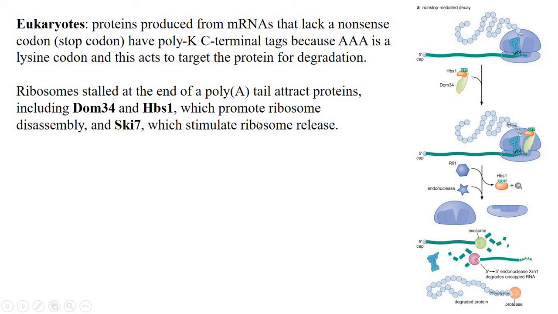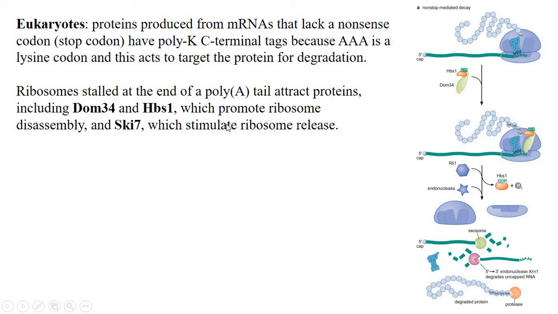The ribosome stalls at the end of the poly A tail. So if there is no stop codon, it will go into the poly A tail. Lysine will be added multiple times, because the poly A tail is around 200 to 250 nucleotides. So that divided by three will be about 65 to 70 amino acids of lysine. So once it reaches the end of the tail, at that point